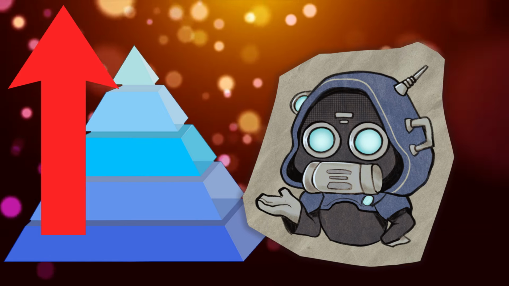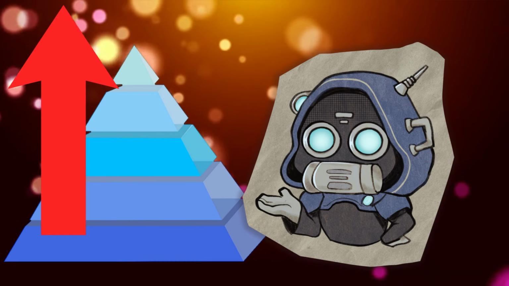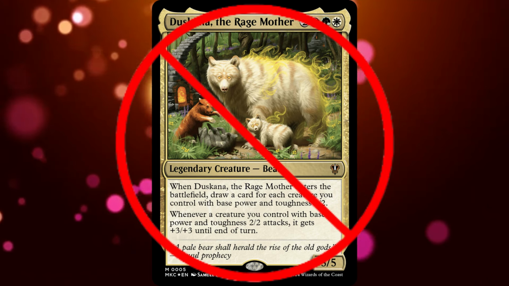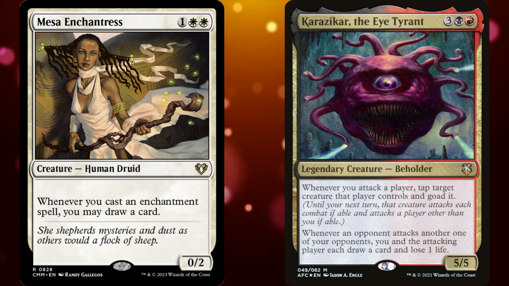I think bottom-up design is the best way to design a commander deck. This is what I do with basically all my commander decks, and it almost always makes my deck more consistent. So instead of starting with your commander, you start with a theme. This can be anything. It can be as simple as I want to play a white enchantment deck, or I want to make a